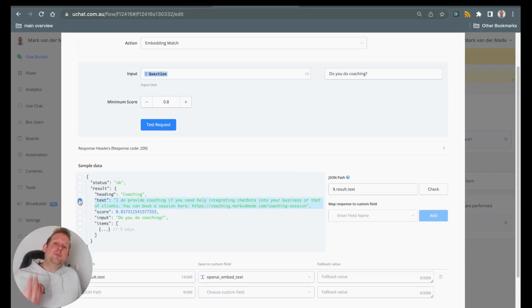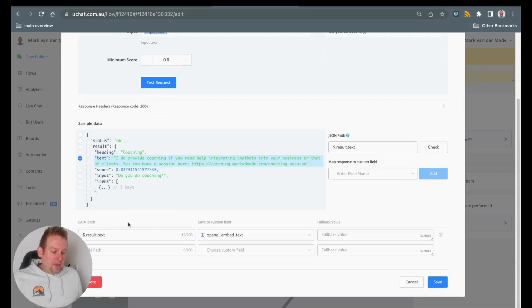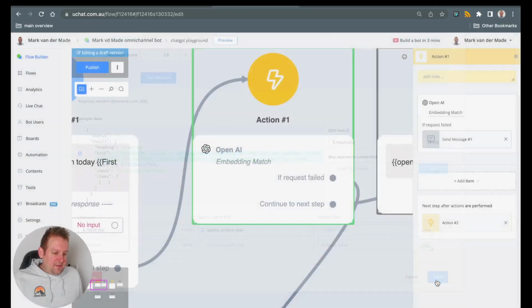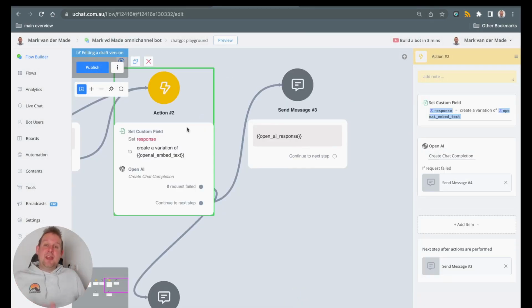And the only thing that we need to map now is the text. So we are going to map this text towards a custom field of our own liking. I mapped it towards OpenAI underscore embed underscore text. That is my custom field. And then I press add. It will then show up under the JSON path below. If we go with save, the next step would be to create a custom field where we set the command